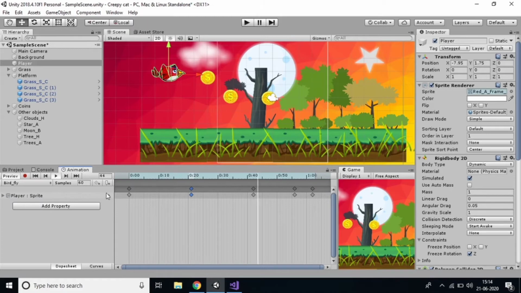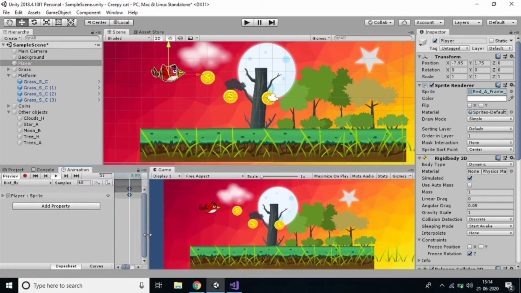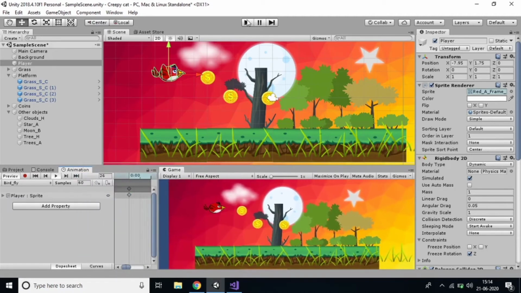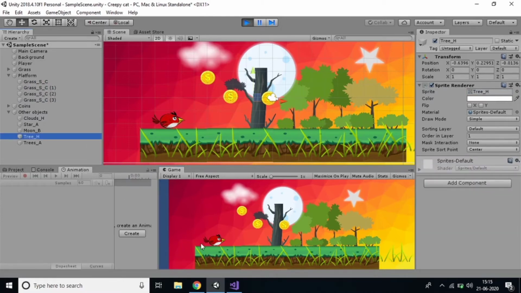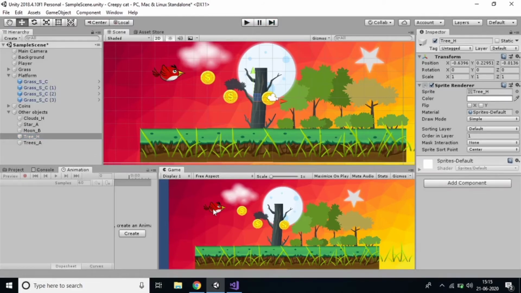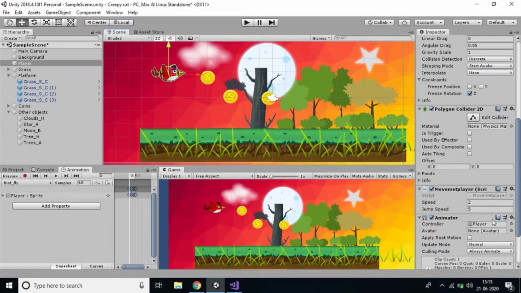If it's not that clear, then it's better to press this play button. Wait, I'll open here and I'll play this button and show. You can observe our player animation going. Yes, it's feathery. Now it falls down because I didn't add the bounciness.